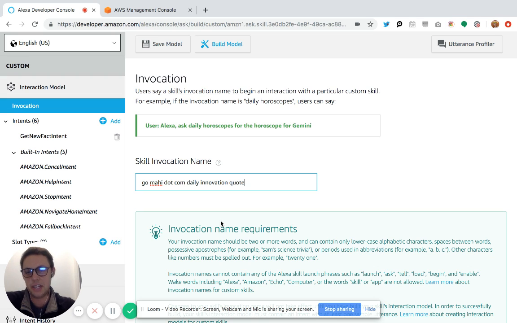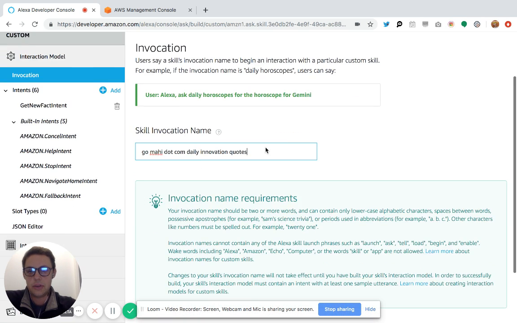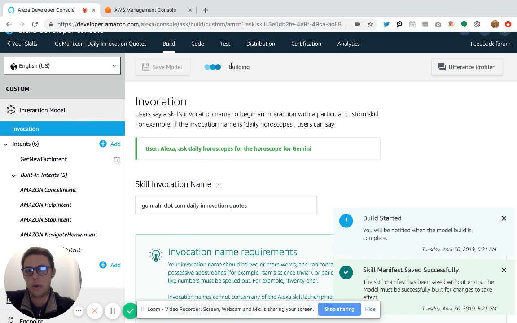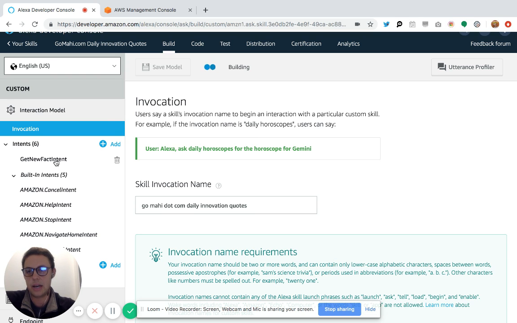It'll be daily innovation quote or quotes plural. We'll go with plural. So once I do that, I'm going to build the model. This will take a few seconds. While it's building the model and creating it for us right now, we're going to go